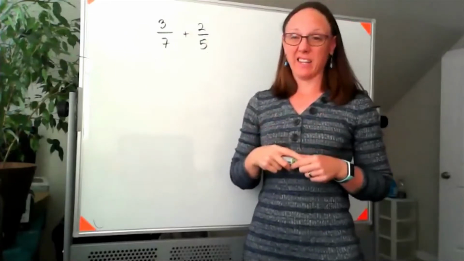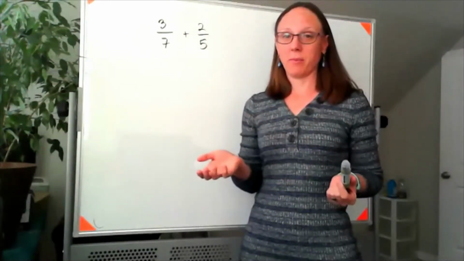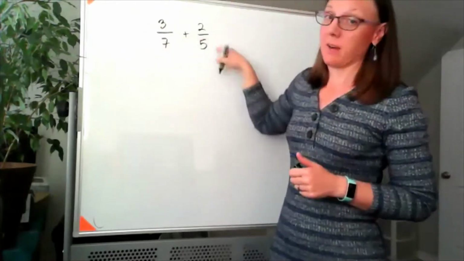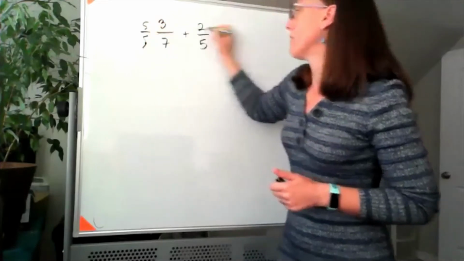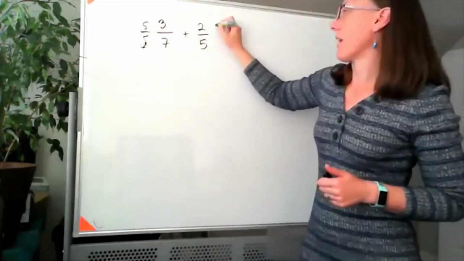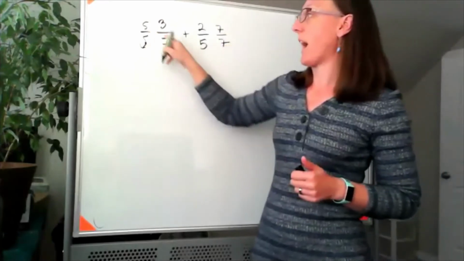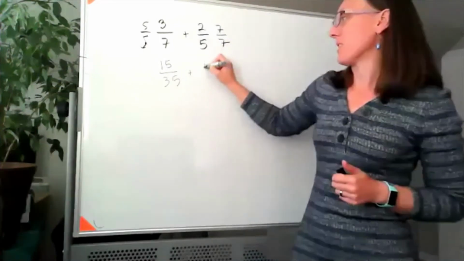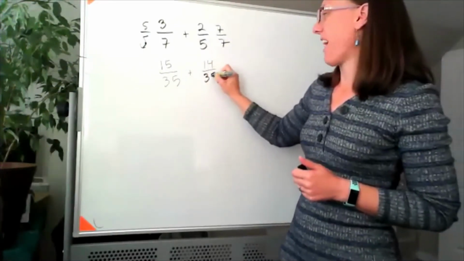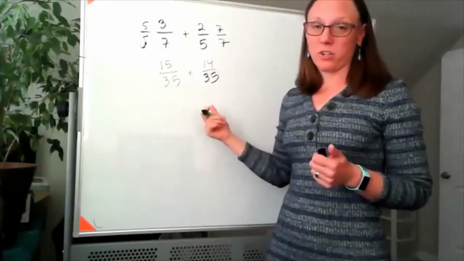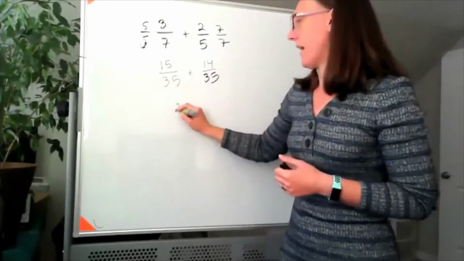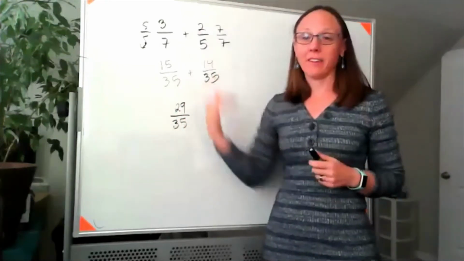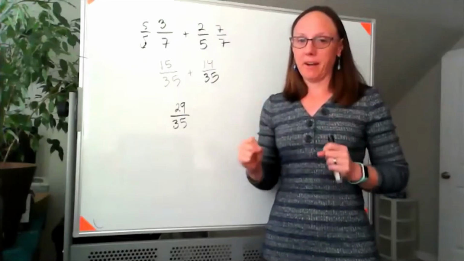Well, if I wanted to add these, I would need to get a common denominator. So I'd multiply this guy by 5 over 5. I'd multiply this guy by 7 over 7. 5 times 3, I'd have 15 over 35 plus 14 over 35. And the whole reason that we're doing that is so we can combine the numerators, and I'd have 29 over 35. I am not asking you to do anything with numbers and fractions, but